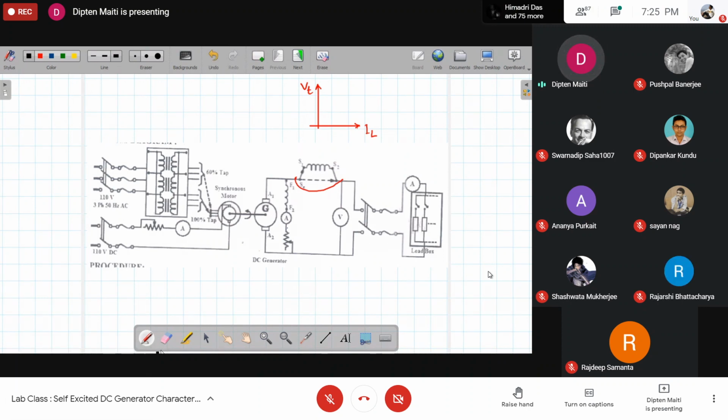For the next run, we would go for the compound generator mode, where the series field would be connected in series with the series combination of armature and the shunt field. So here is one issue: without knowing, because it's not possible if you have not yet performed the experiment,